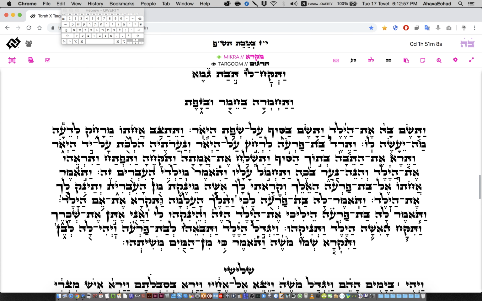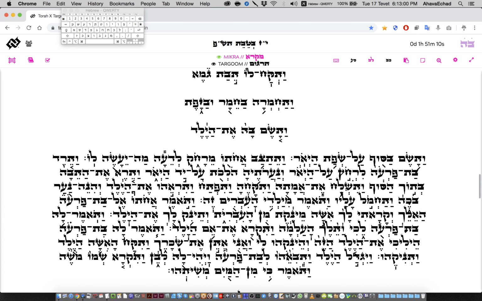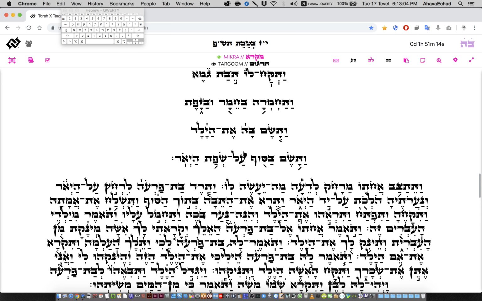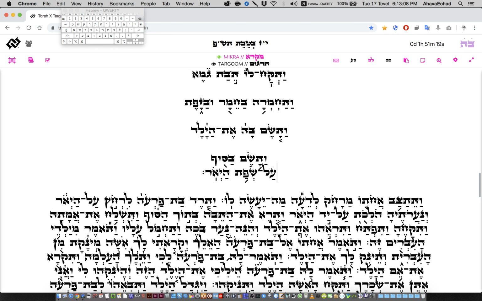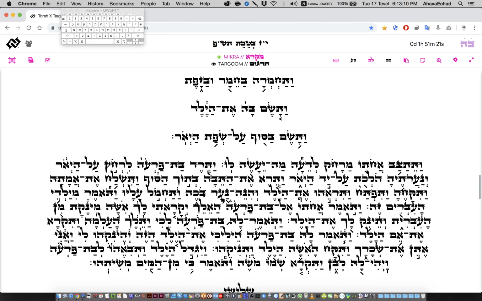Vatasem bah et hayeled, but vatasem basuf al sfat hayor, and she put it into the suf, which is, I don't know what that is exactly. That is on the